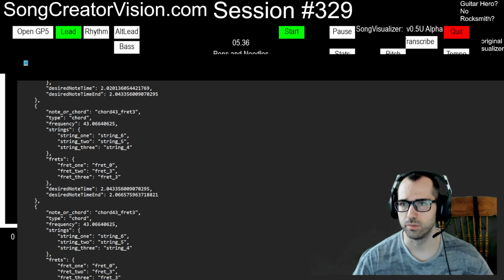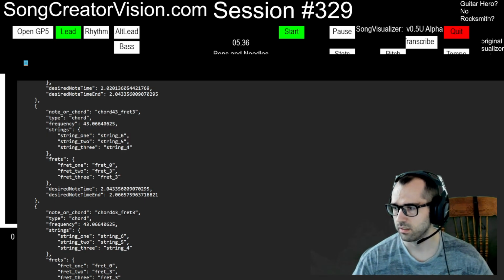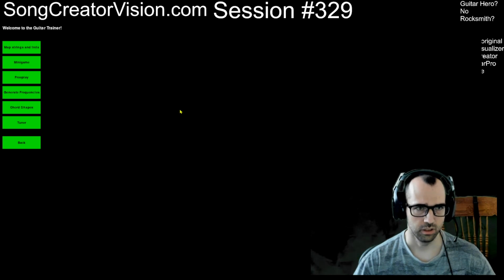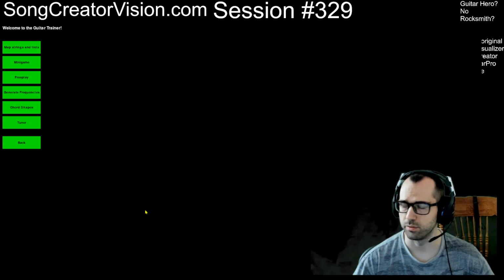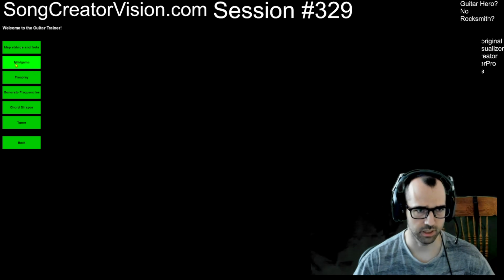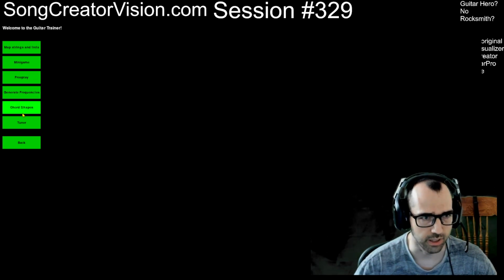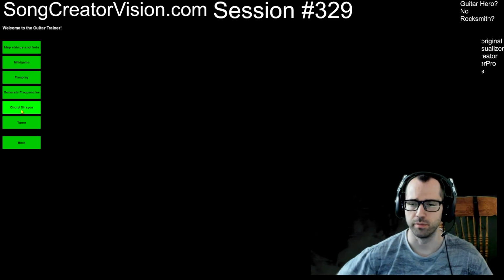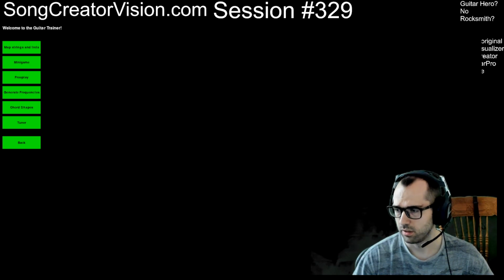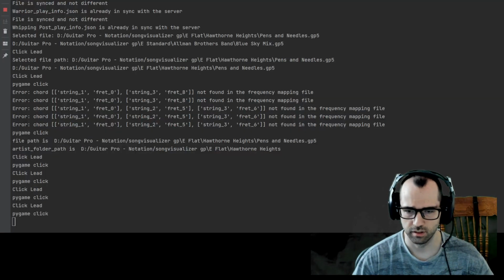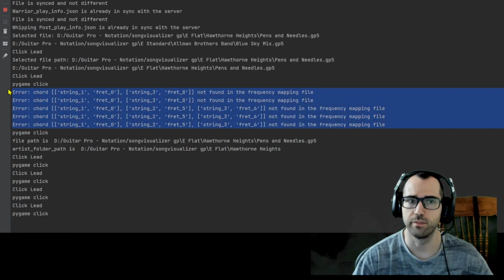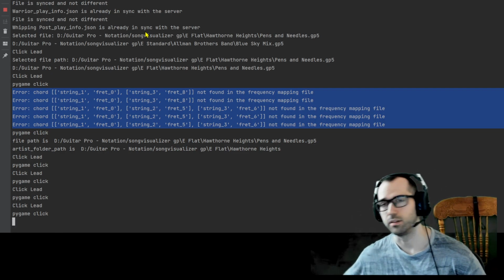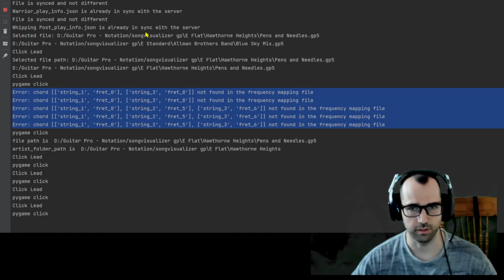Now I want to get into more of what I wrote today. So I go to the pitch menu, and it says, welcome to the Guitar Trainer. Yeah, this menu is work in progress, but hey, this mini game works last I checked. But I want to go to this chord shapes. So what I do in the code is, when I added those new chords that the terminal told me were missing, I hard coded the algorithm, so I only pick up the guitar and play the first fret, and I pick the frequency I want to define for that,